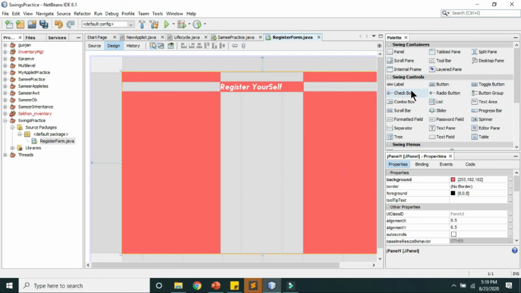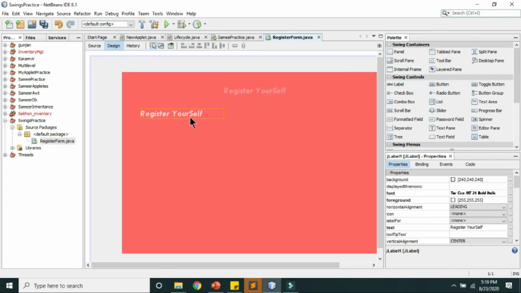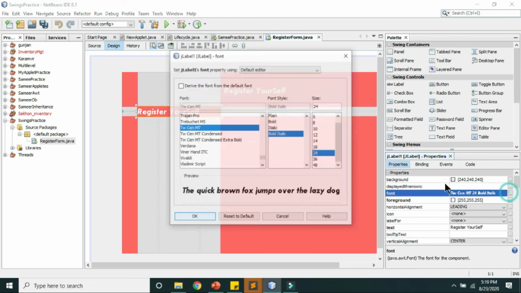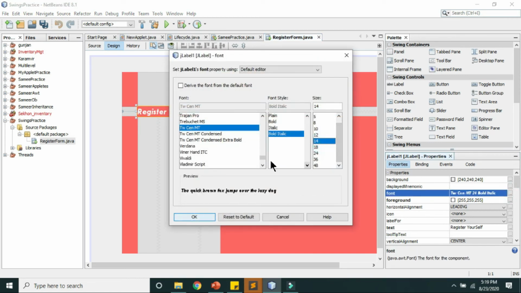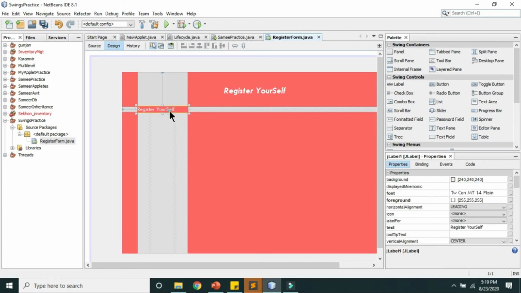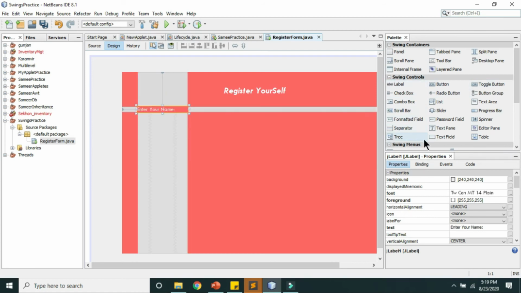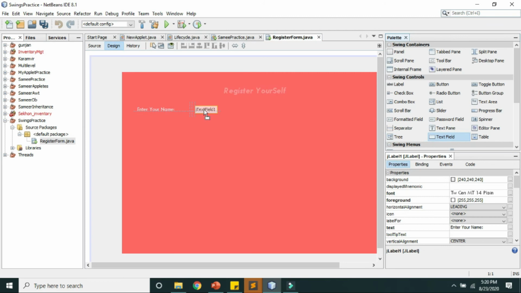then place other controls as well. So I'll copy this, paste, control C, control V. I'll change its size to 14 and a plain text. Okay, then I'll give it a name, double click on it, enter your name, then pick a text box from here, drag it there.